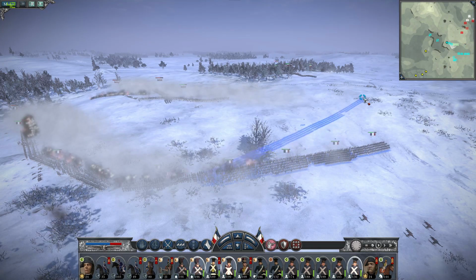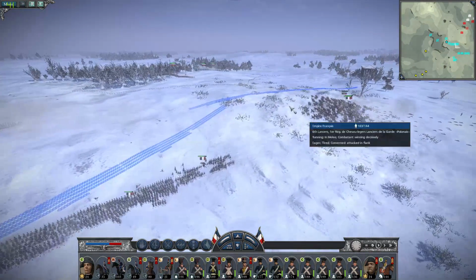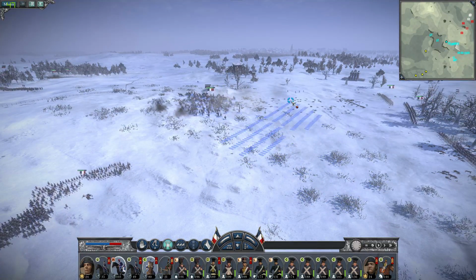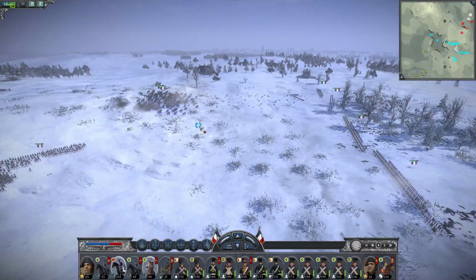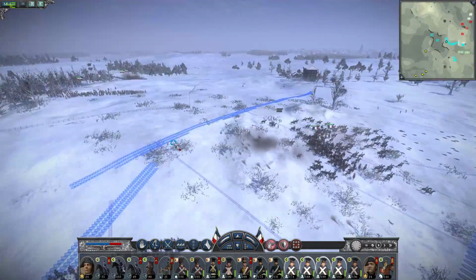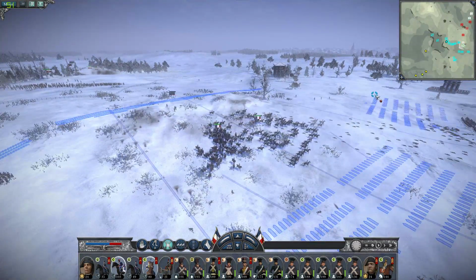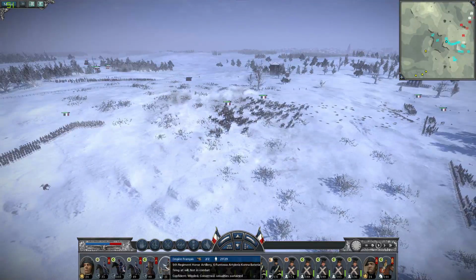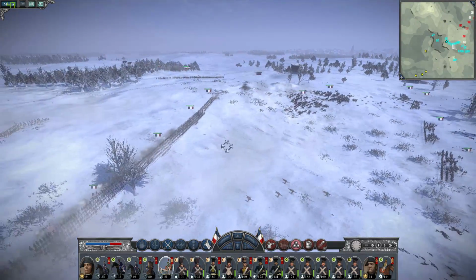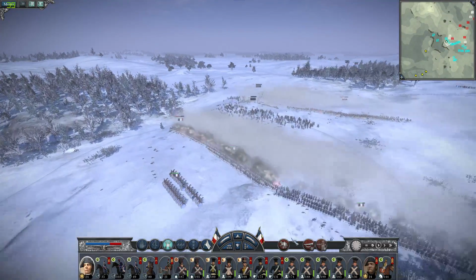And then these lines need to be drawn a bit longer to get more firepower into it. The Lancers have done their job. They will move back, and this line will come up like that. The Lancers will go over there. Then I can see my cannons just firing straight into there, so time to hold fire, because you're not doing anything